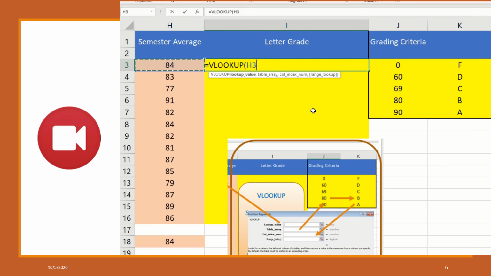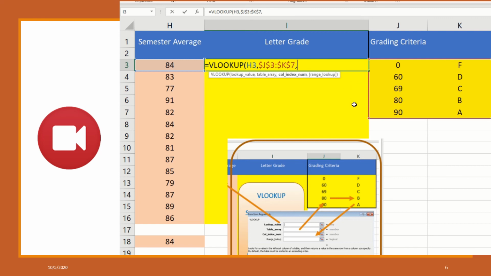And so, comma, now the table array, the table against which 84 is to be checked. This table must be in absolute reference because it will stay the same. $J$3:$K$7,